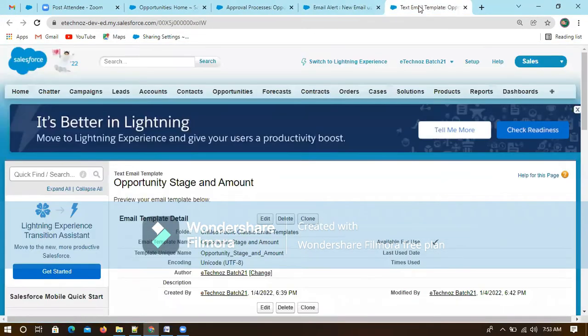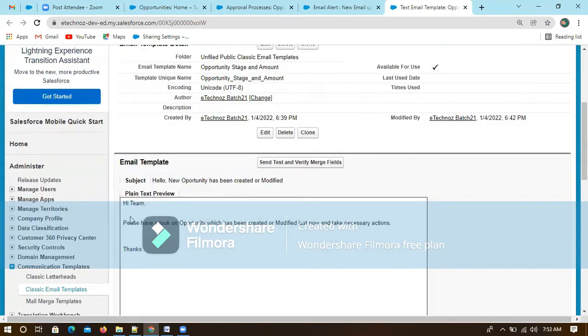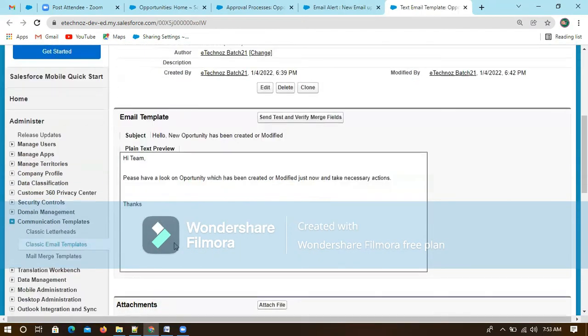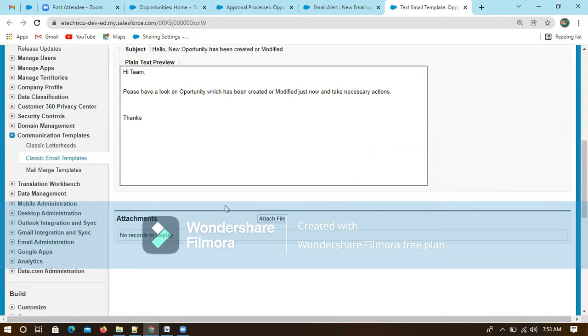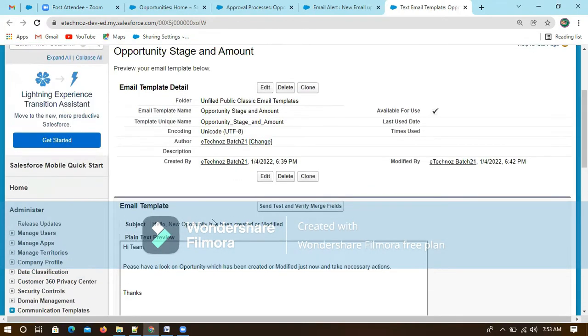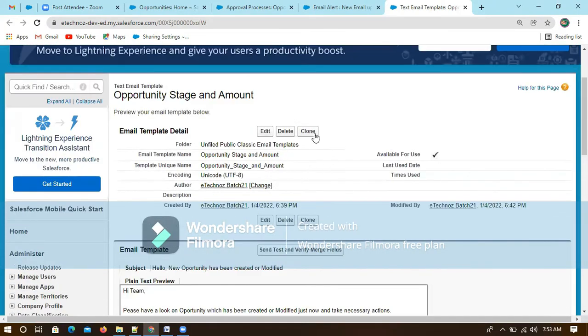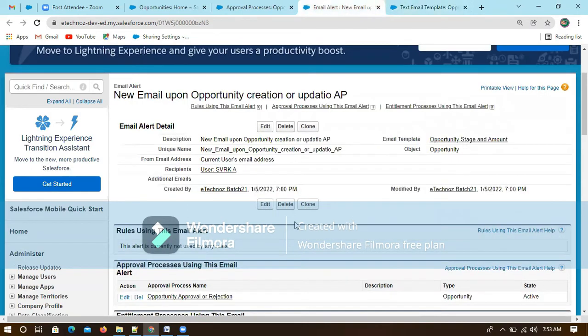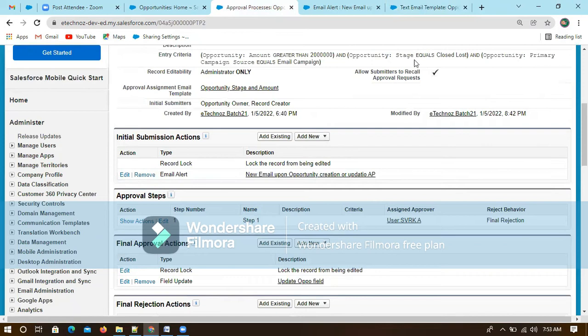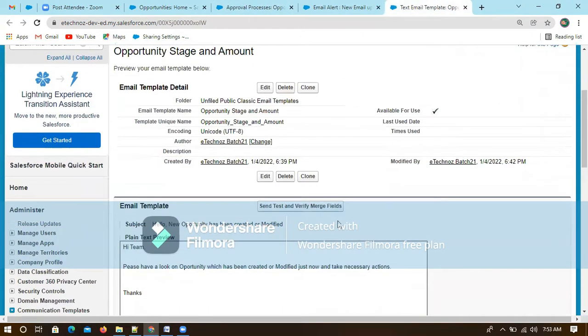If the subject and everything is fine, then it is okay, and you can also add an attachment file. If the subject is not good, you can edit it, or clone it and create a new opportunity email template as per the client, and then utilize that. It is always better to ask the client for the email templates. They will provide them, and we have to utilize those.